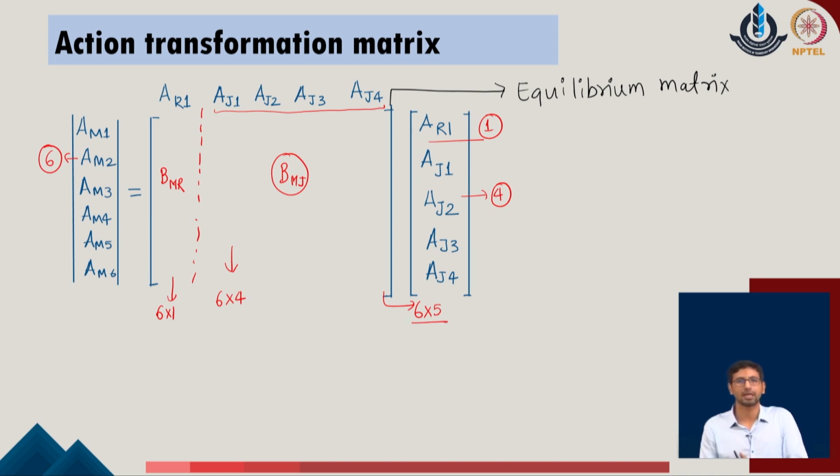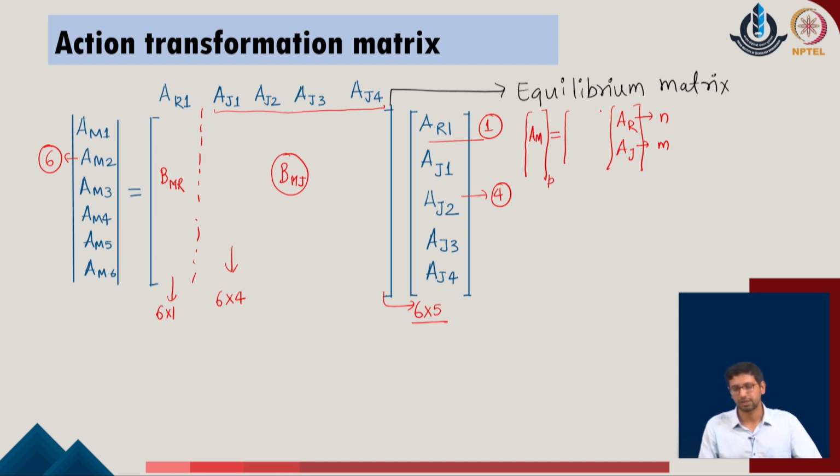So, this is a typical idea which we need to understand to take the methods for general matrix analysis at later stages. In a similar manner, if we now generalize this idea, we can say that in a given problem, if the structural system has n redundants, the joint numbers are defined with m values, and at the same time the total number of member action forces is defined with some value p.